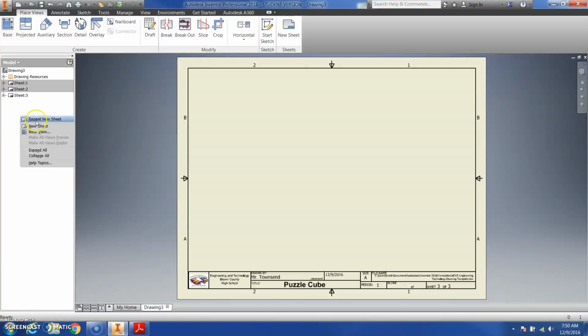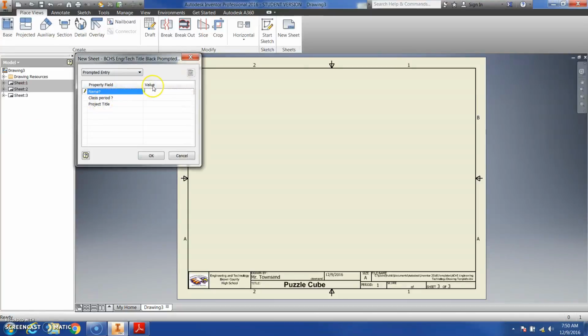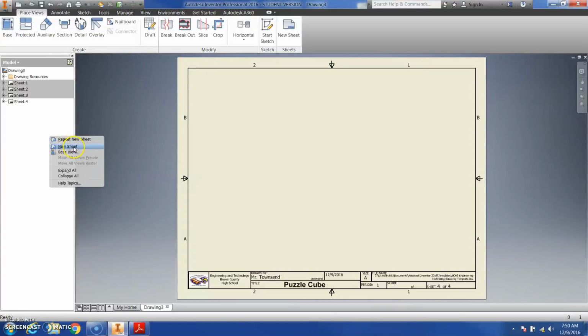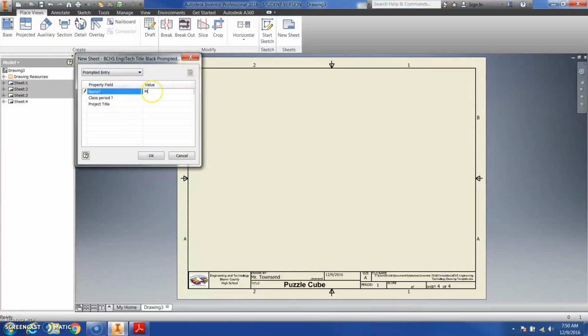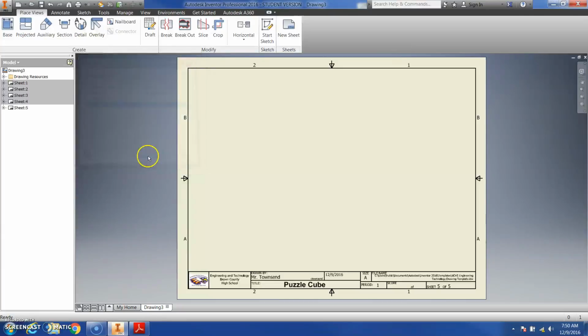Okay. Right click again. Paste that in, and then one final time. Paste that title in one more time. And now what you need to do is go through and rename each of your sheets the appropriate puzzle cube part. Now what you'll notice is 4 of the 5 are gray and 1 is white. The one that is white is the currently selected one, so if I want to go back to sheet 1,